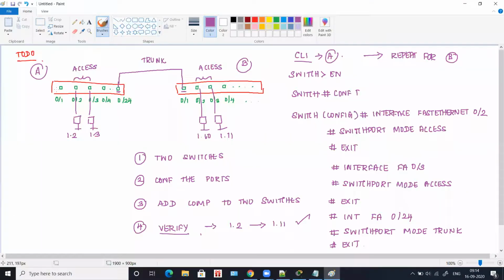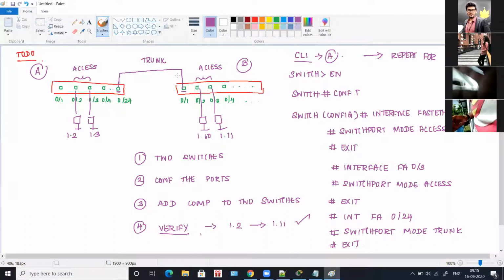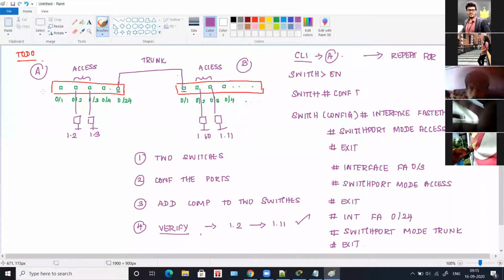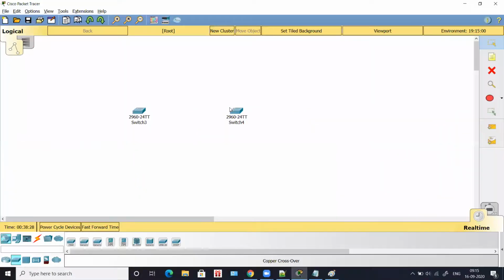Okay, now as per this diagram, as I told you, 0/1 normally you leave for the router. In case you want to configure 0/1, yes, you can make this an access port. But here we are concentrating only on 0/2 and 3, and then 24, and in the same way here 1, 2, and 3. So whichever ports you are actually using, you can configure. In case you are not using any other port, it is a waste of time configuring it. Whenever you need, you can configure.